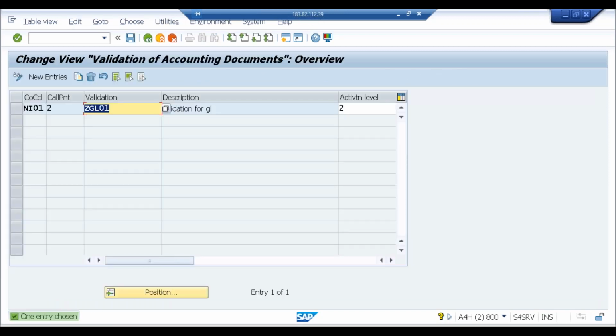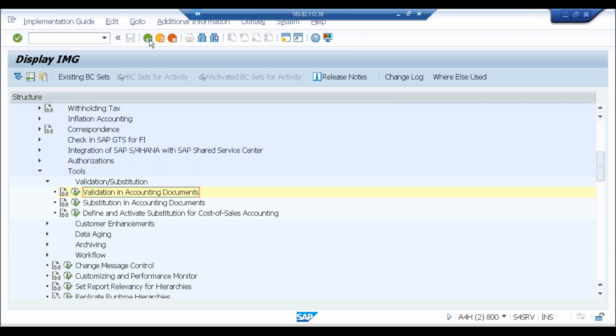Open this. This is where you can activate or deactivate the validation, but first you need to create the validation. I'll show you. There are only two things that you need to do when you are creating a validation. One is creating the validation, and second is making it active or inactive for your company code. So in order to create a validation,